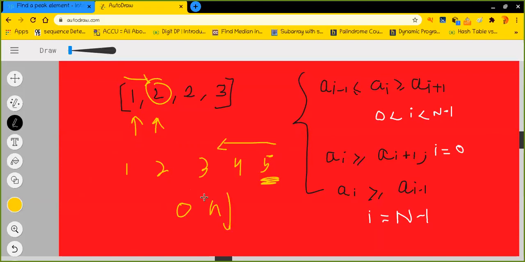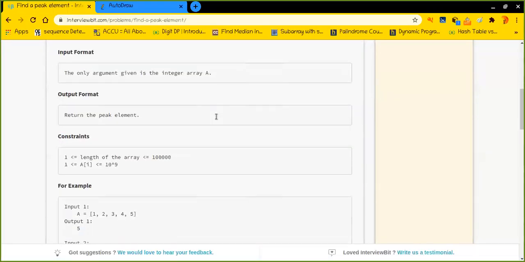in time complexity, and order of 1 is the space complexity. I hope it is pretty much clear, and this is one of the worst solutions. Now let's look into the constraint. The constraint is basically 1 to 10 raised to 5.